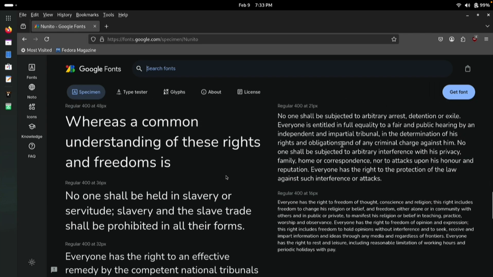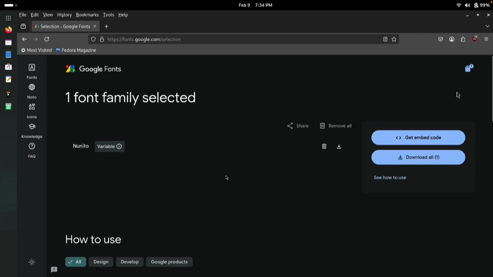Look at that. The same test at normal size at 21 pixels, and the same test at 16 pixels. I think that this font is good. Yep, absolutely. I say we go for it. Yeah. So for this, we copy